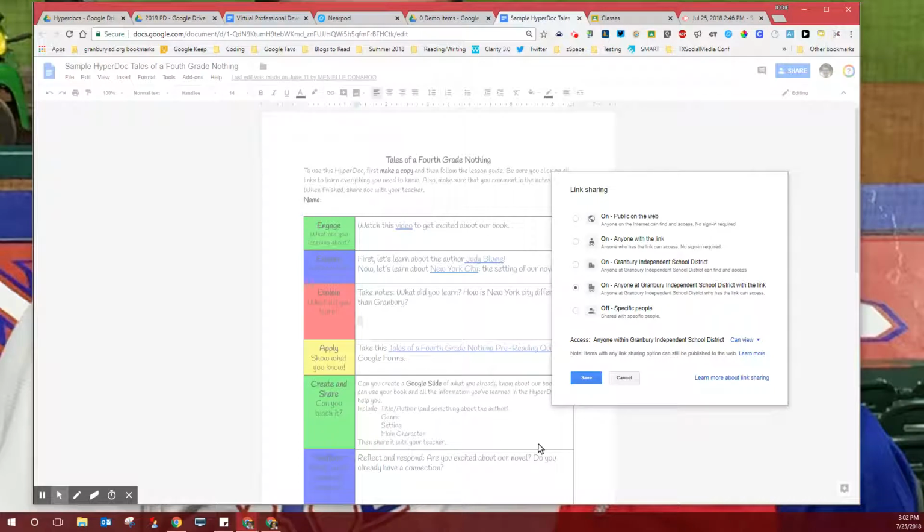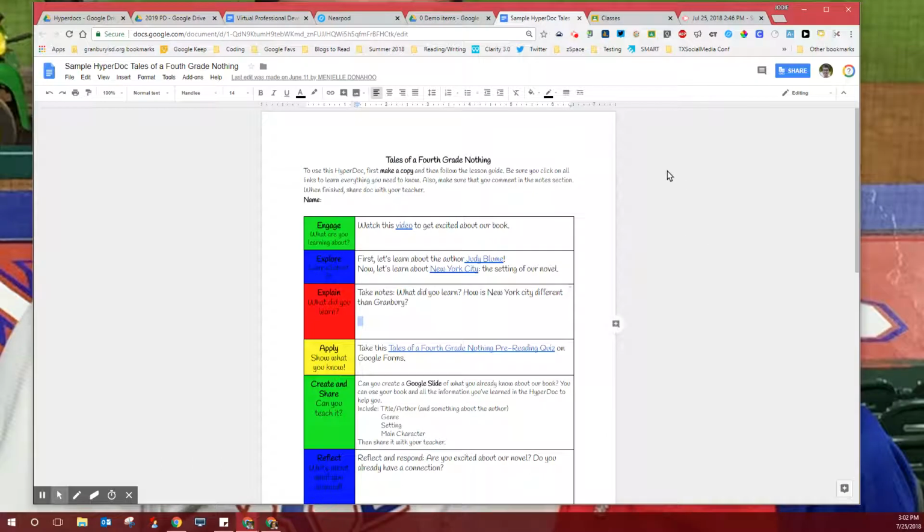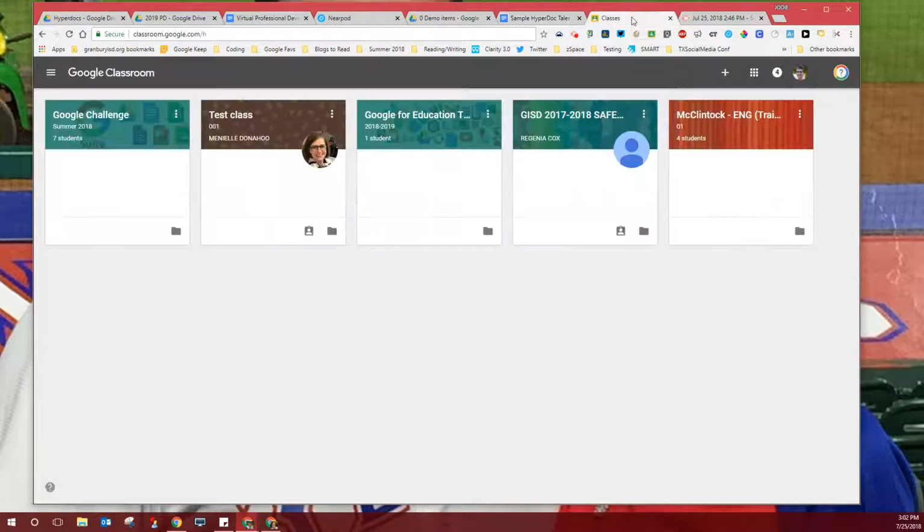So I'm going to leave my settings, anyone in GISD with the link, because I want to control who has the link, and I'm going to change this to can edit. And then I'm going to click the Save button. Now, and you'll click Done after those choices are made. The next step to using this document or one like it, you're going to have to get this document to your students. In GISD, Google Classroom is one of the best ways to share